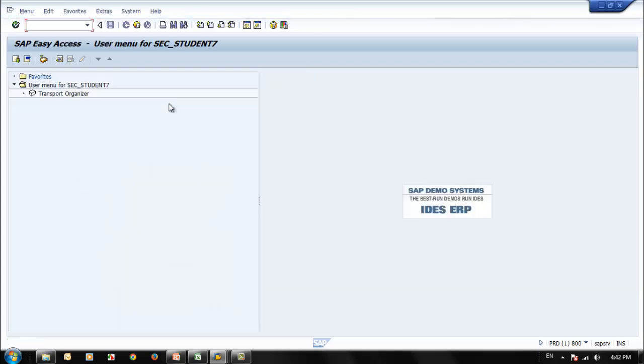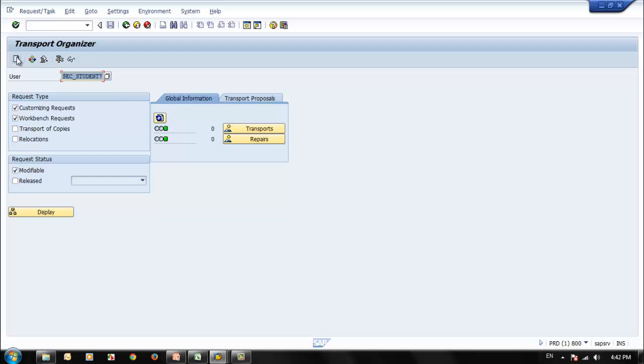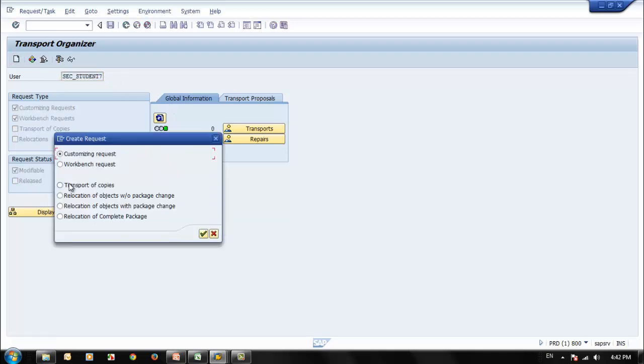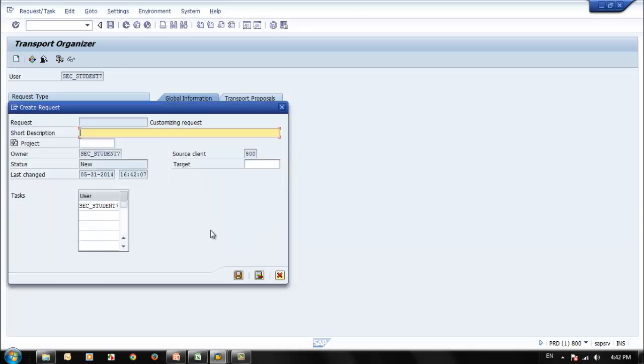Now I will go to SE10, create a transport request, or say it's a customizing request. You can also create a transport request from here and add additional objects here. So I will say